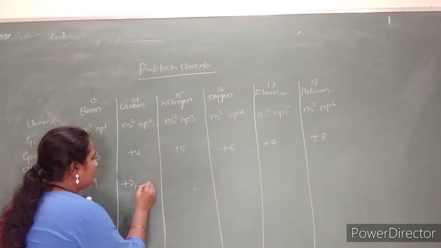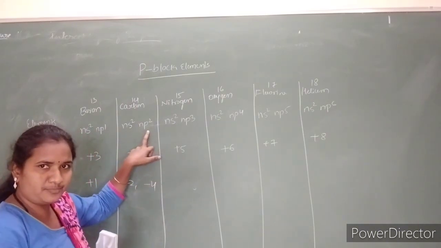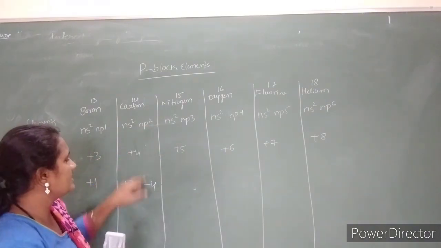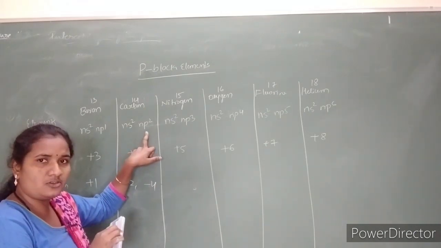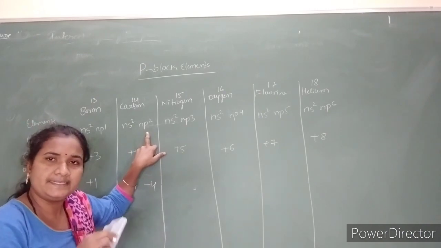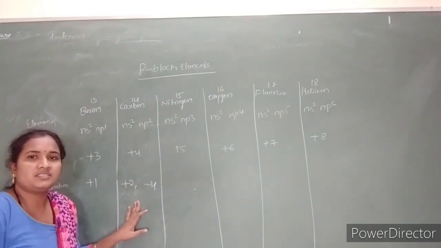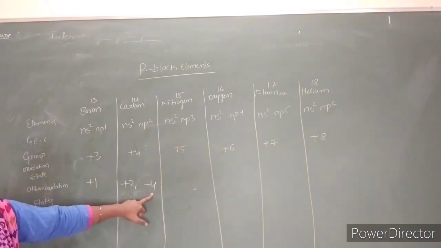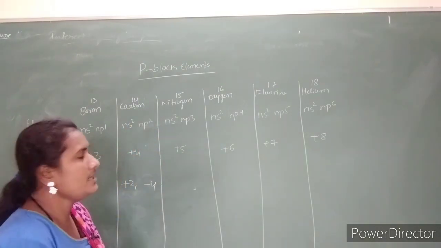Similarly, in the case of group 14, it has the +2 oxidation state as well as -4. If you remove 2 electrons, +2 is possible, and if we add 4 electrons to it, then it will get the -4 oxidation state. After the addition of 4 electrons to this np orbital, it becomes completely filled and attains stability. So that is why it has the capacity to show +2 as well as -4. These are the other oxidation states exhibited by the group 14 elements.